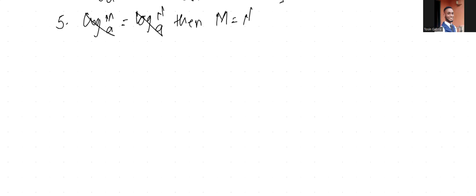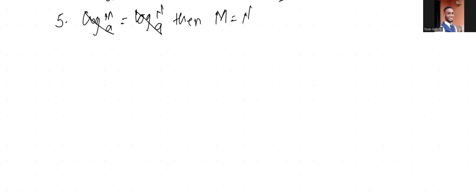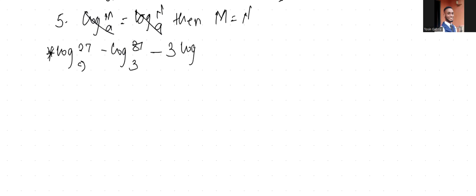All right. So let's say that we have to solve this: log 27 base 9, minus log 81 base 3, minus 3 log 3 base 27. Now, if you have to solve this, this is simply the same as,